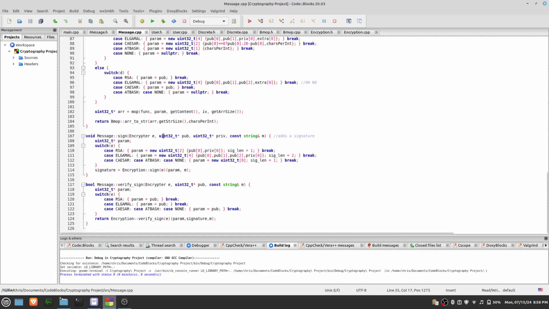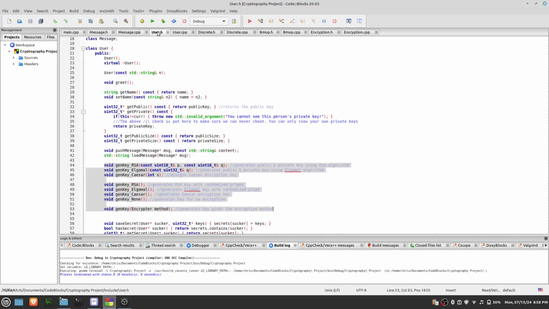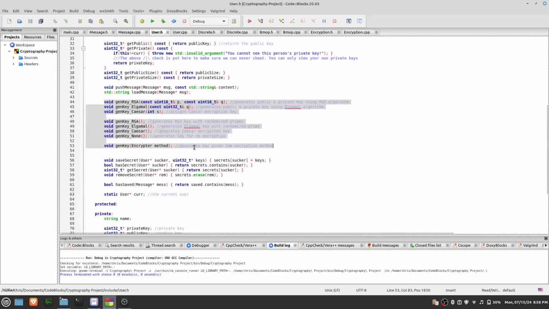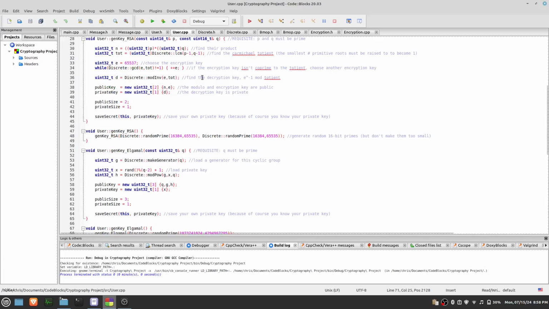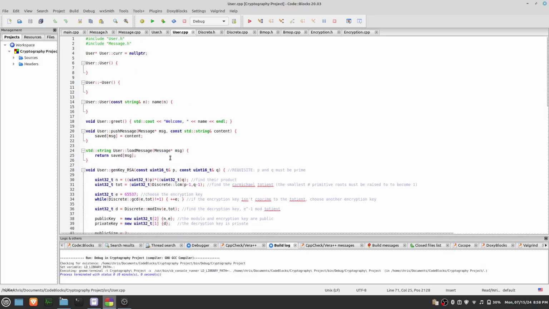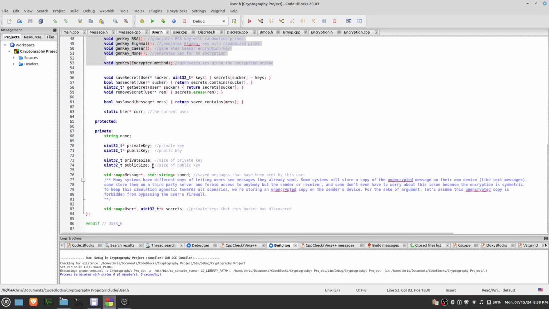But let's see, encryption and decryption. We'll have to get to that in a bit because first we have to explain the underlying structure behind this. So we have the user. Each user is unique. What components do they have? They have a name, of course. They have a private key and a public key, which are potentially multiple 32-bit integers. They're all unsigned, by the way. We have the size of the private key, the size of the public key, and then